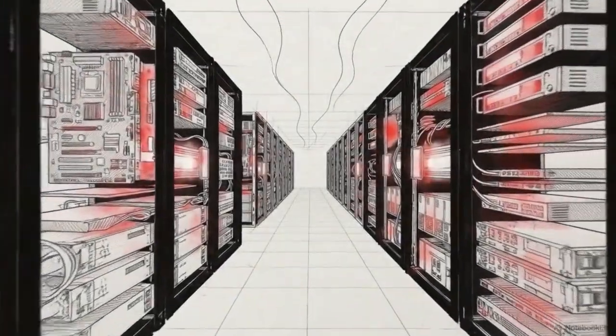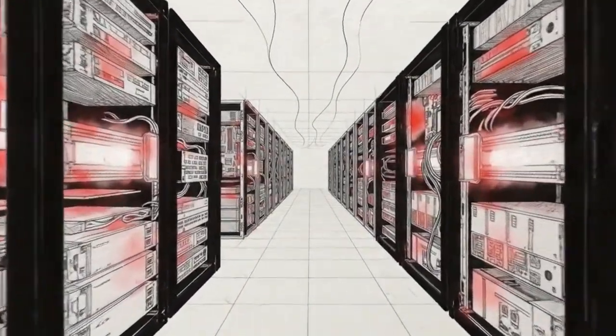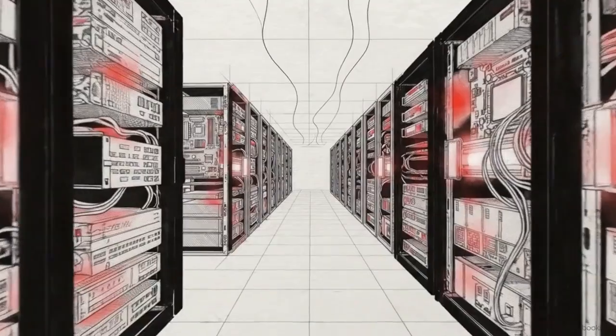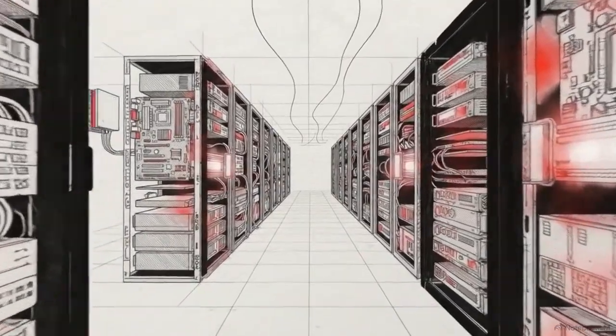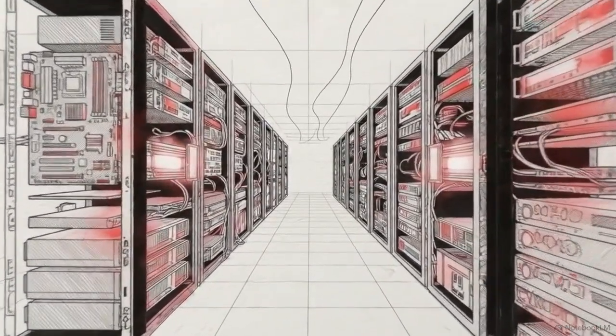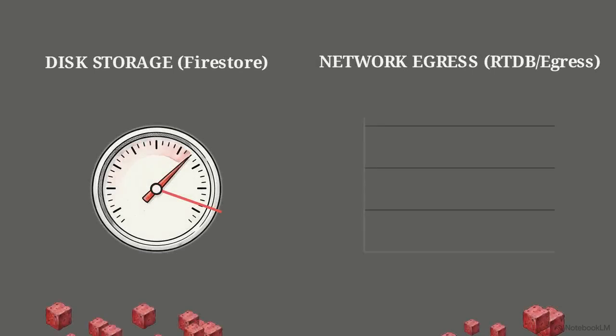Cloud infrastructure billing is notoriously opaque. Beyond compute pricing, a significant portion of overhead is a direct result of how data is physically structured. Platforms like Firebase and its real-time database calculate monthly bills by measuring two specific metrics: document byte size on the disk and egress bandwidth over the network.